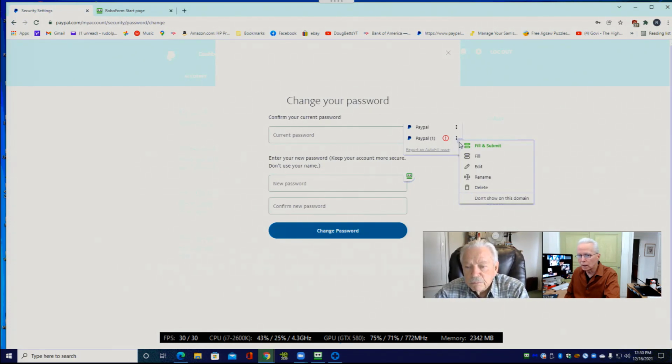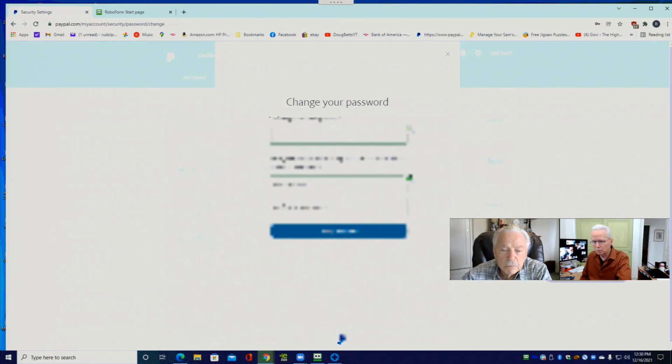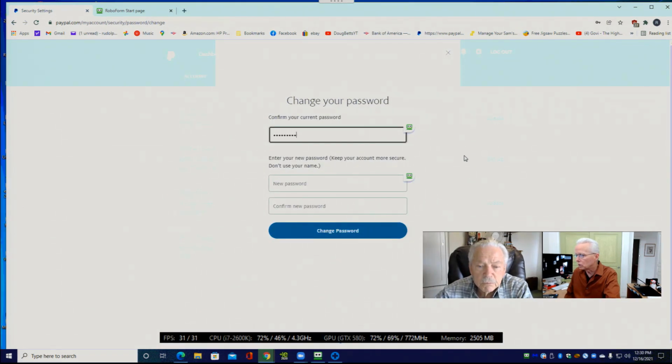So I'm going to go ahead and try this fill, or blur it again when I click on fill, and it puts the password in. So we can't really tell that that's the one that you type, except it might be the right number of characters. Right. So I'm wondering if those two different PayPal accounts have the same password. If so, it should have objected to both of them. It should have what? Objected to both of them. Oh, okay.